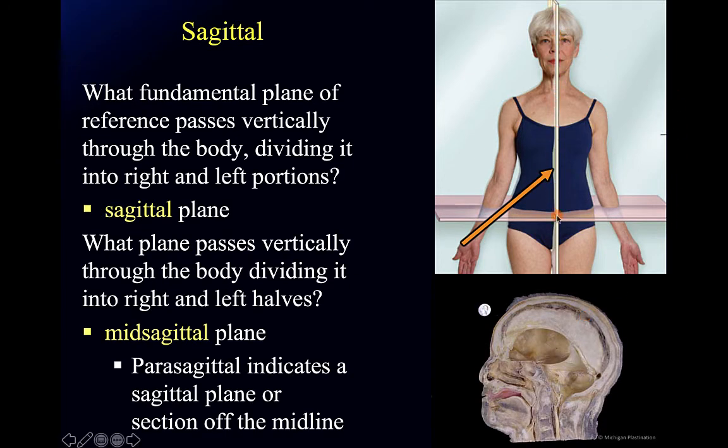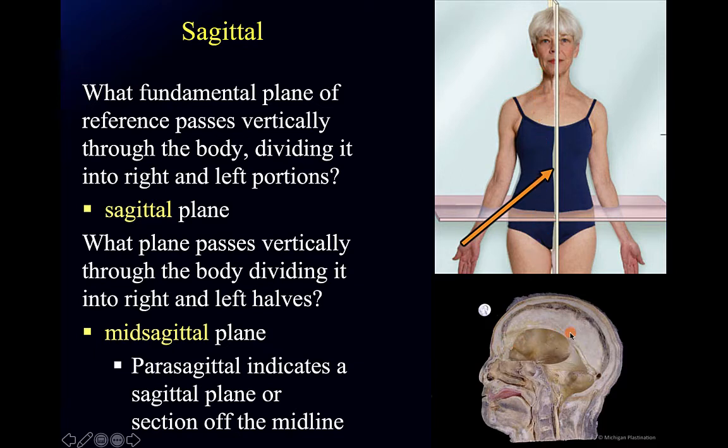This is the mid-sagittal plane. Now, we talk about sagittal plane, and that is the kind of generalized version of it. Mid-sagittal is through the imaginary middle of the body. Now, we are a bilaterally symmetrical organism, so we do have left and right sides, and we do essentially have a middle, but nobody is perfectly symmetrical. So mid-sagittal is a little bit of an imaginary plane. A sagittal plane, though, could be off to the side, and we would generally refer to that as a parasagittal